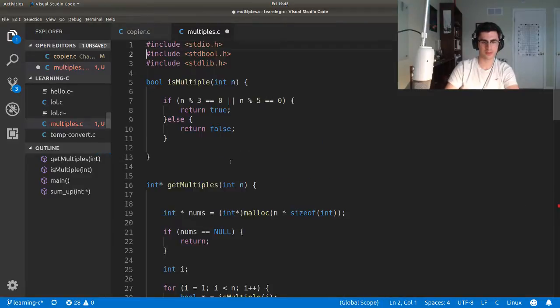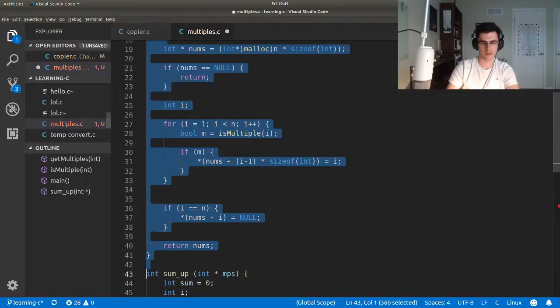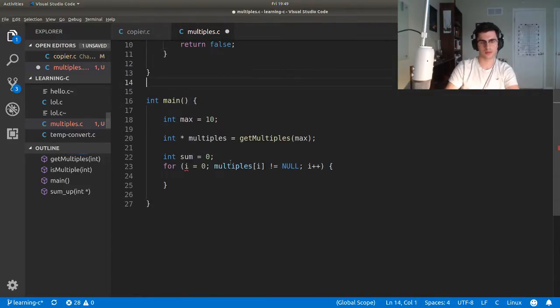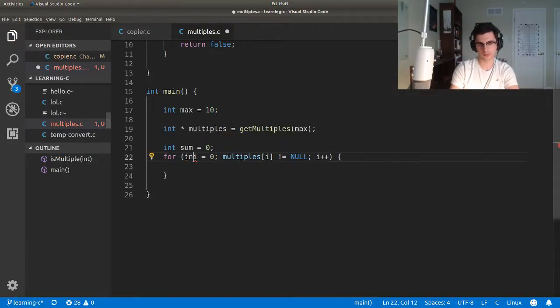I don't even need pointers, I just need to use is multiple, basically. If